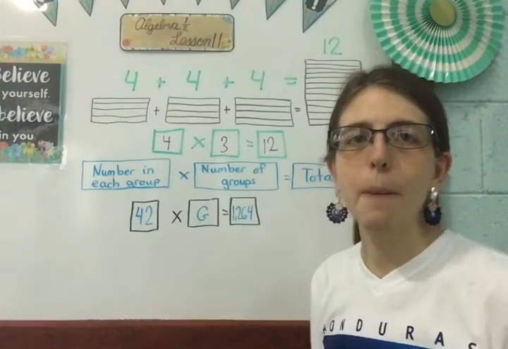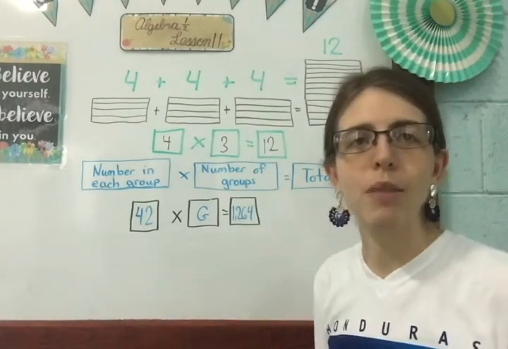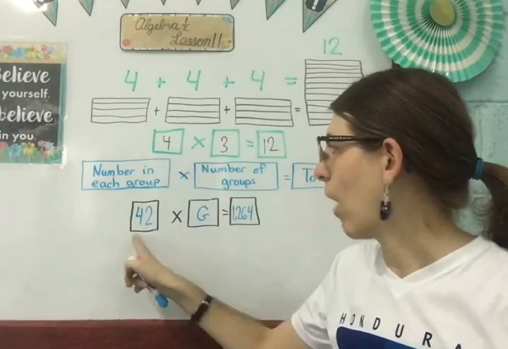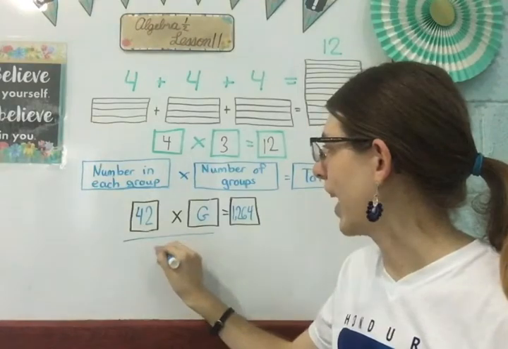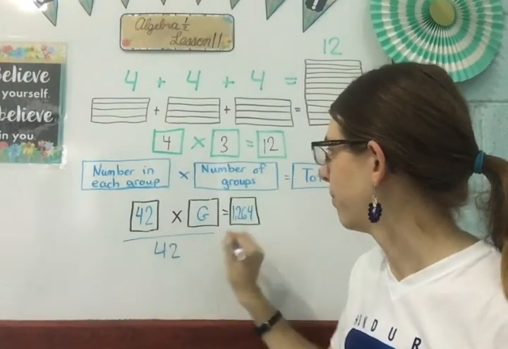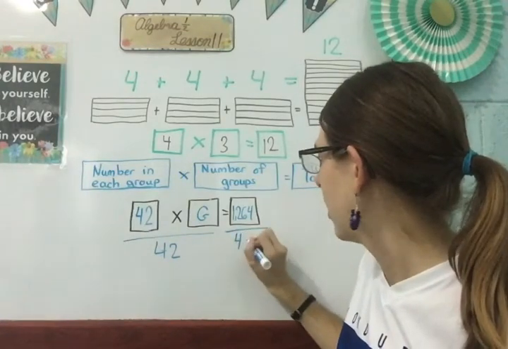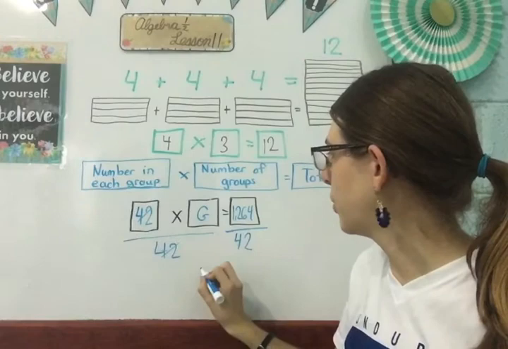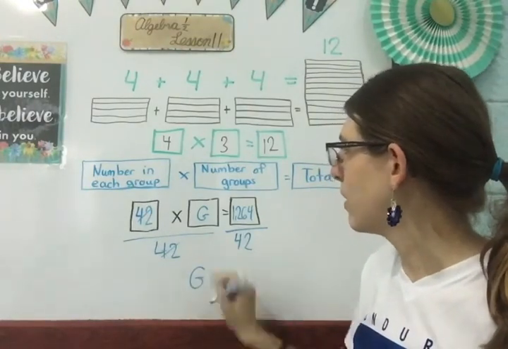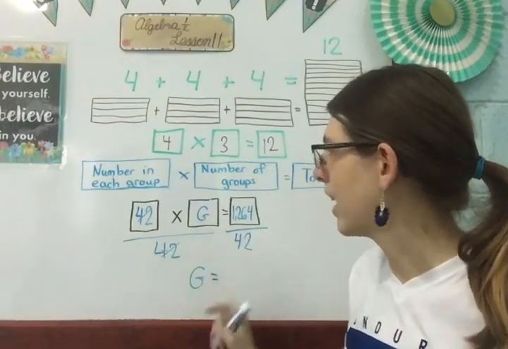When I'm looking for a missing piece, all I have to do is the opposite of whatever I'm doing right now. So I'm multiplying here, the opposite is division. So I'm going to divide by 42, and whatever I do to one side, I have to do to the other. Divide by 42. So that cancels out my 42, leaves me with my variable representing groups, equals, and I divide